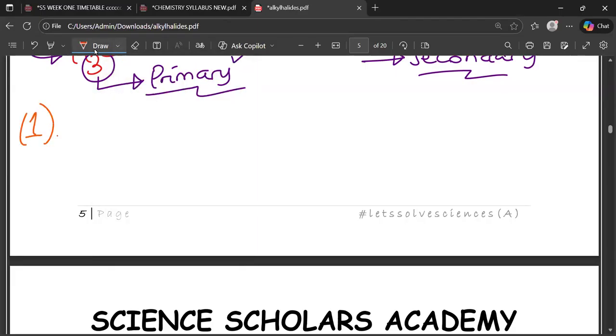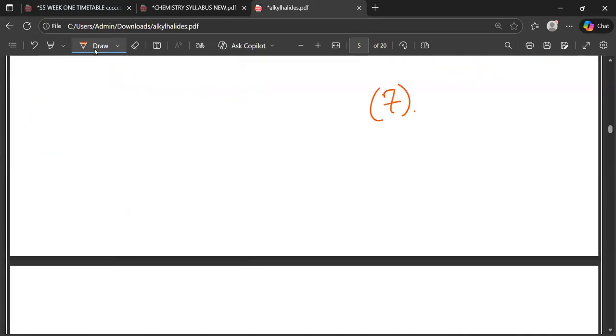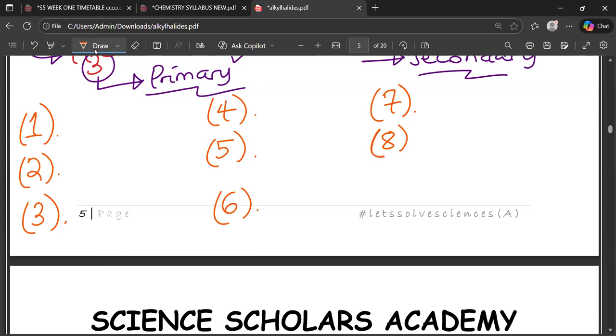So I'm going to have 1, 2, 3. I'm going to have 9 structures. I'm going to have 4, 5, 6, 7, 8, 9. Yeah, they're going to be enough. So the first structure